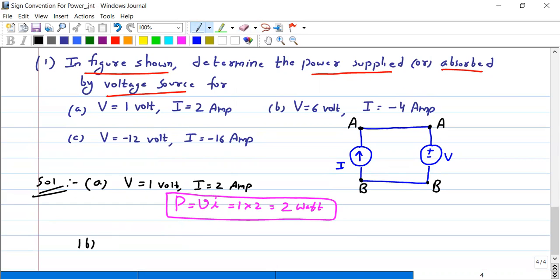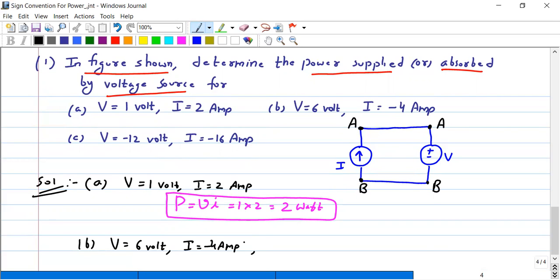if the voltage source is of 6 volts now. Okay, voltage is 6 volts and I is minus 4 amperes. Then what will be the power for the voltage source? Whether it is going to consume the power or it is going to supply the power. It's very simple. The power expression will be the same, V into I. Now the question is,